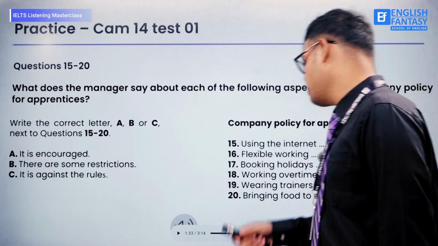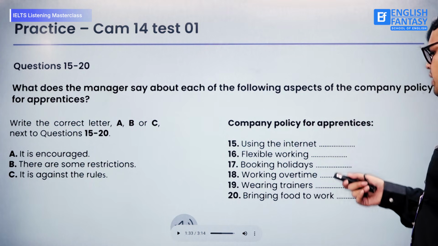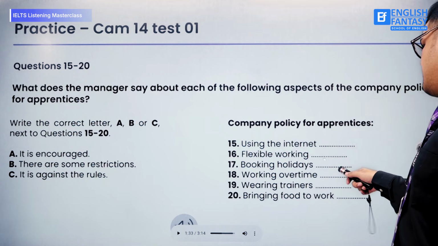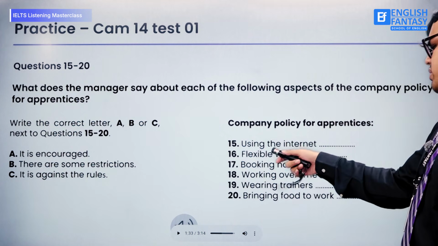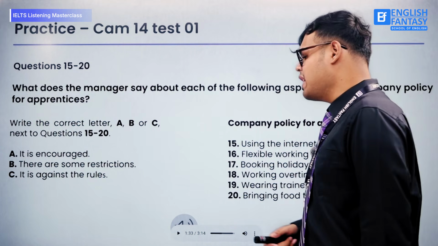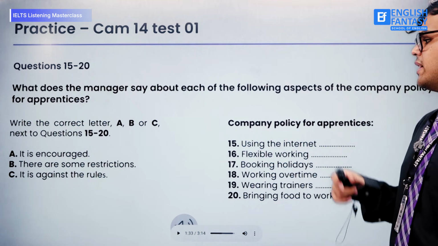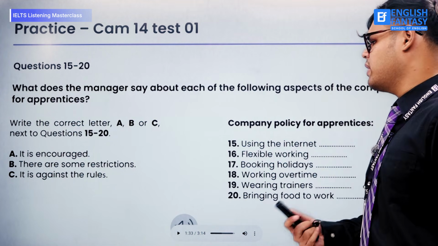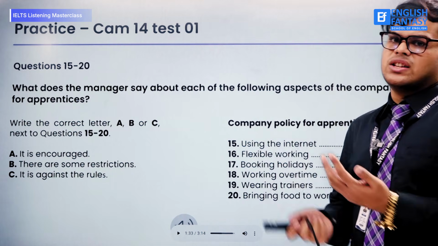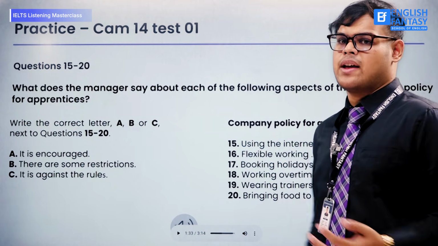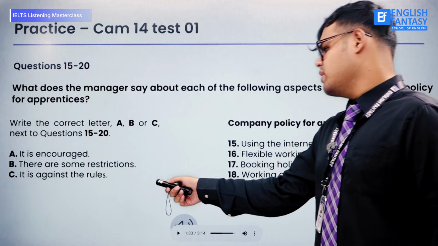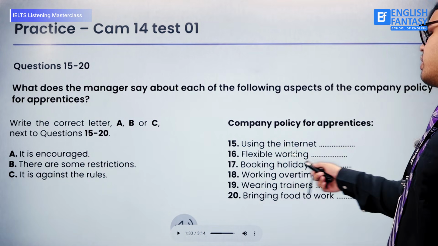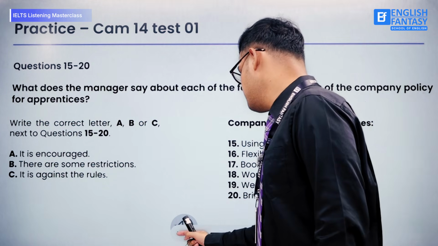So moving on, flexible working. We can also safely say that option B will also be the answer in case of question number 16. Because it says after your probationary period, you will be given access. However, you cannot work outside your own department. So let's say someone who works in IT won't be able to go into management and start working with them. For this reason, you can safely say that option B, or there are some restrictions, will apply to question number 16.